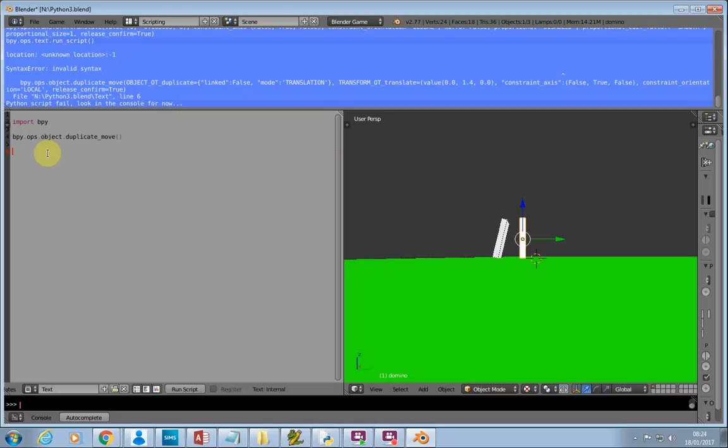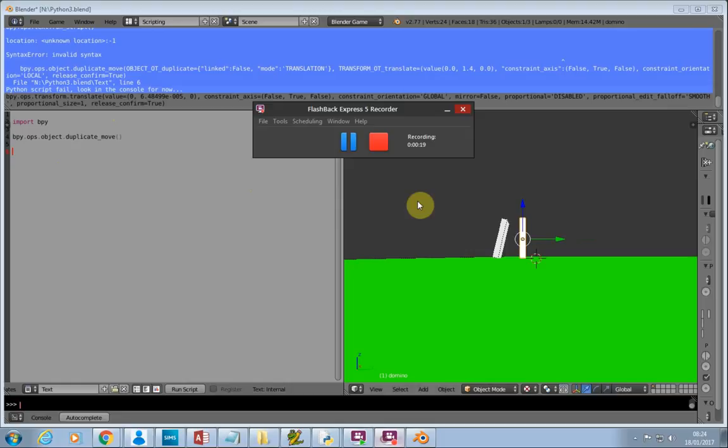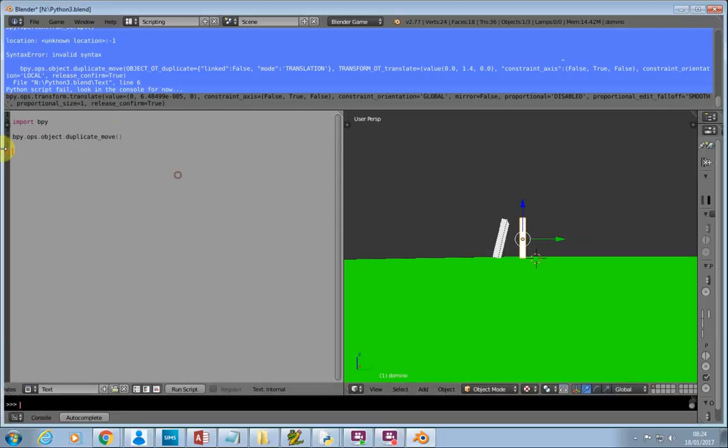Right. Next, what we want to do is move this domino. Now, to do that, I'm going to use the translate option. With the translate, if I just hover my mouse over there and grab it, and just move it a little bit and stop it,